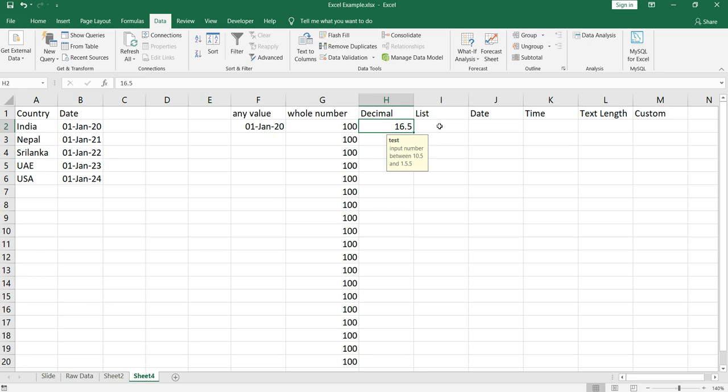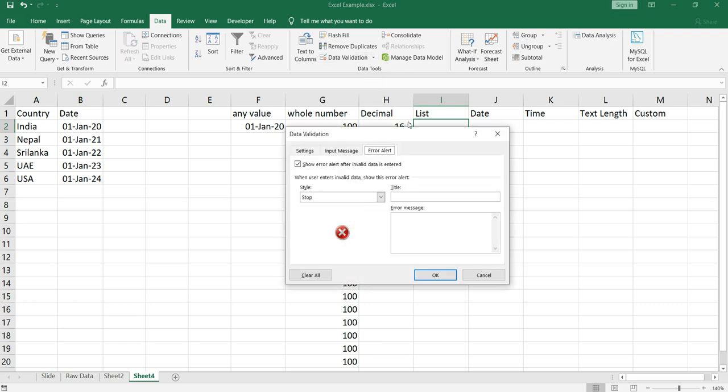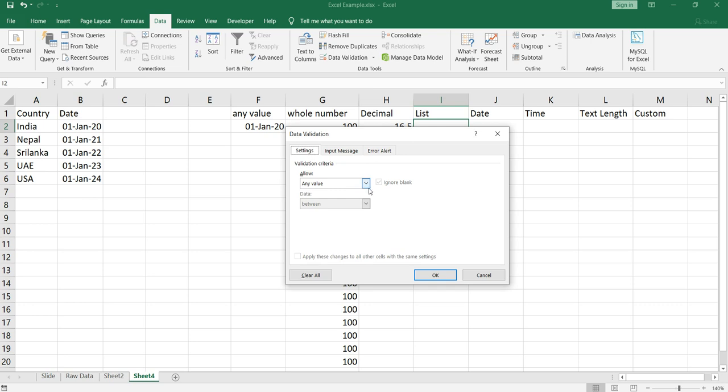Okay, so let's go to our next list. This list is quite interesting. I'll show you by example. I'll go to data validation, then I'll select list. Now I want to ignore blank cells and have an in-cell drop down. What it gives me is flexibility. For this example I had created this country list.